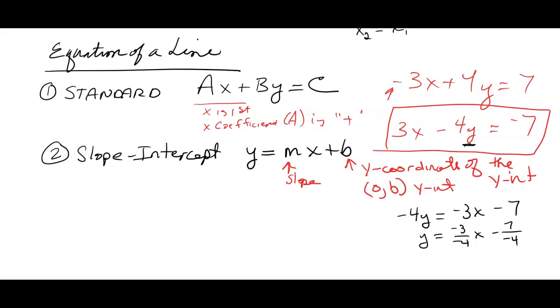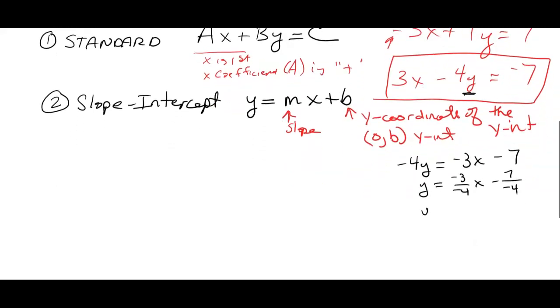Notice I divided everything by negative 4, so the y was alone. Fix my negatives. 3, that's just 3/4 x, and a negative over a negative is plus 7/4. So this particular graph is going to go through the 7/4, which is somewhere between 1 and 2, closer to